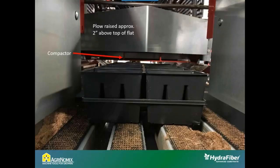Yeah, absolutely. So what we've learned is that with HydraFiber, the main thing that you want to avoid is these large voids and air pockets in the container, because when you go to water them in, those voids will collapse and then you'll see shrinkage. And so what it takes is the right balance of compression going into the container. Thankfully, in general, 4-inch pots and larger are pretty easy to fill with very little tweaking and adjustment. However,